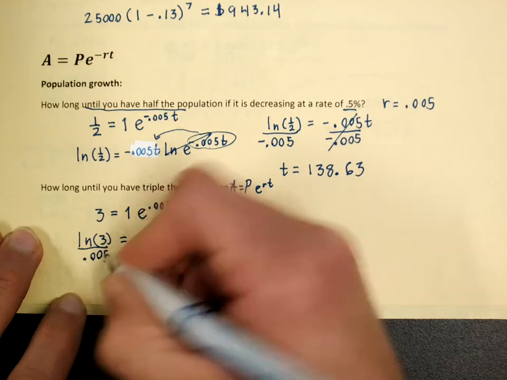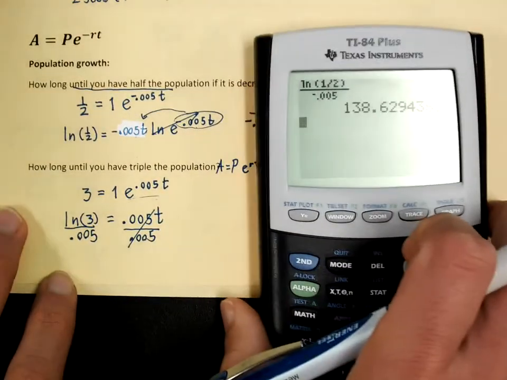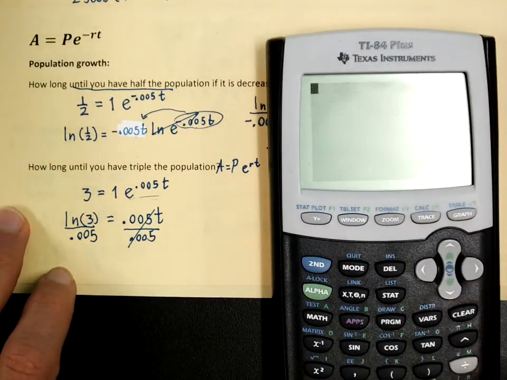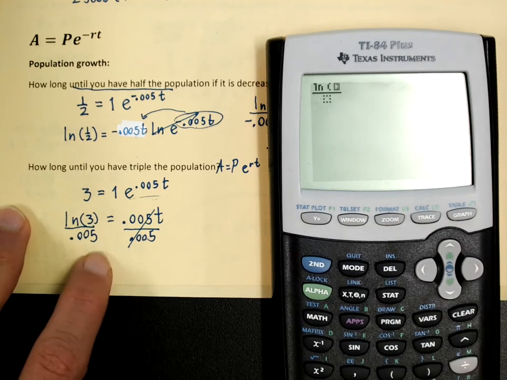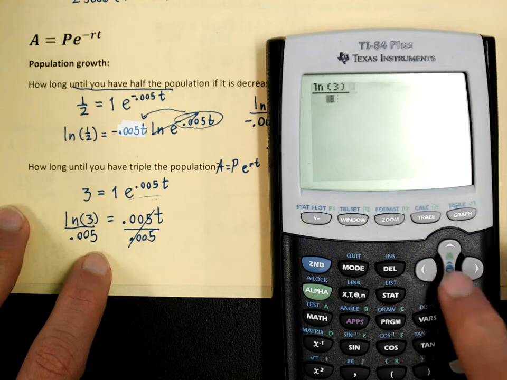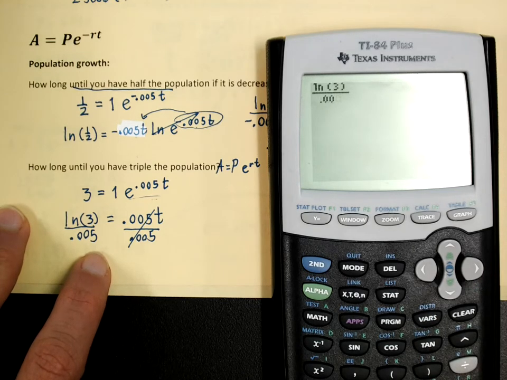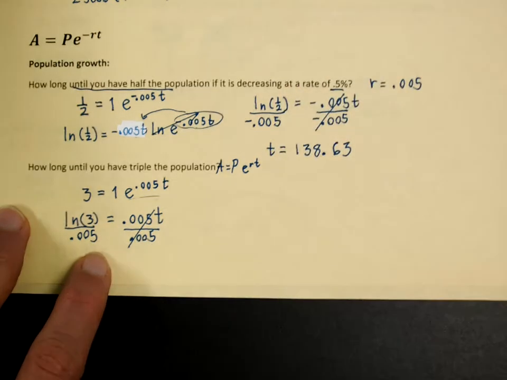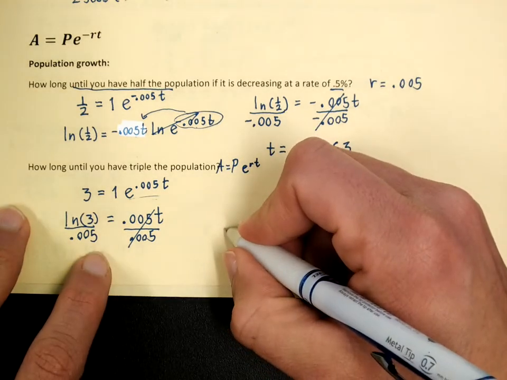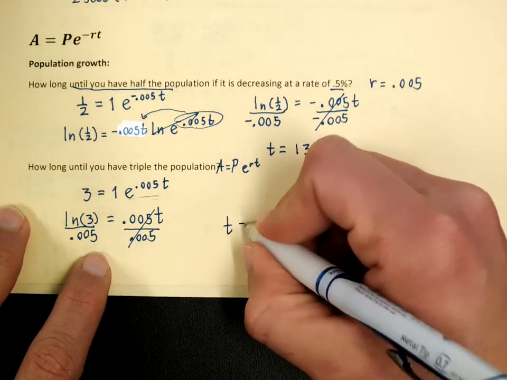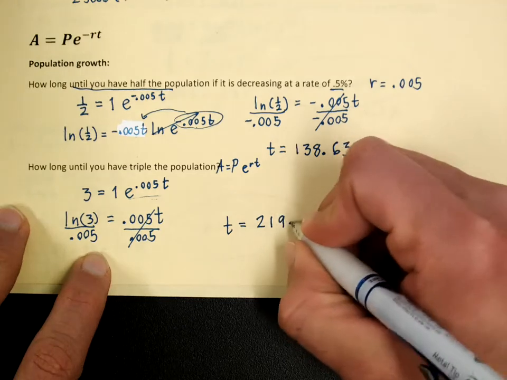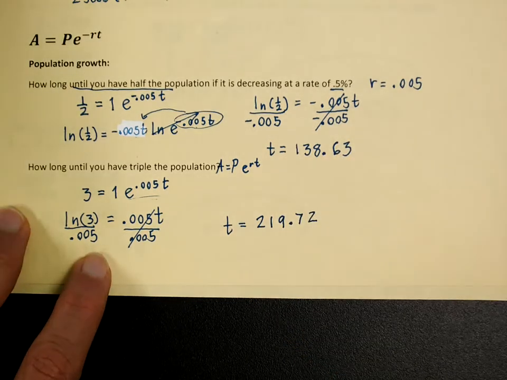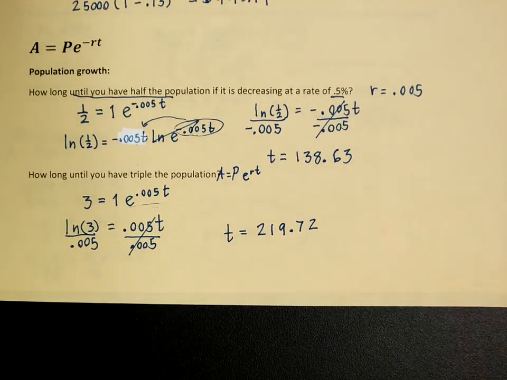I'm guessing that's going to take forever. Now, this is assuming that it's increasing, right? So it's the same type of problem. Natural log of 3 divided by 0.005. That's going to take a long time. So T is equal to 219.72. Well, hopefully that wasn't too bad. I hope you're getting a little more comfortable with the natural logs and e's, but